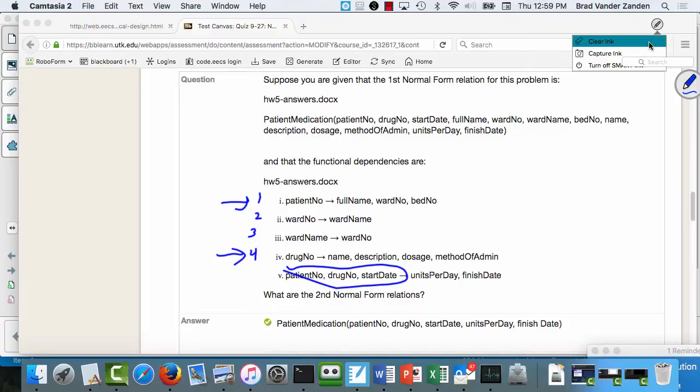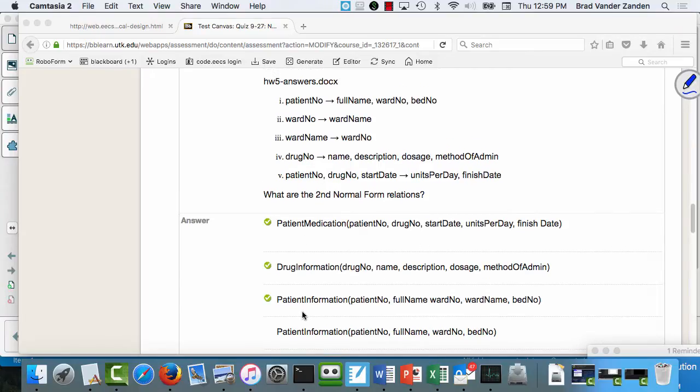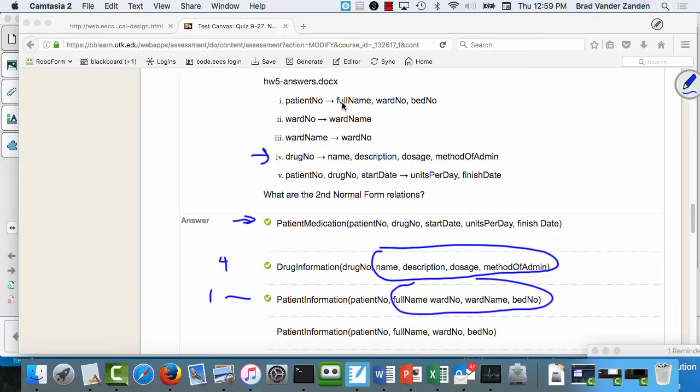So in this case, we get the patient information, that's this one. Patient information is from 1. Drug information is from 4, this one. And then this is what's left. So out of patient medication, I've deleted these attributes, and these attributes have been deleted from the patient medication. Okay? So ward number and ward name will not go in their own relation because they don't contain